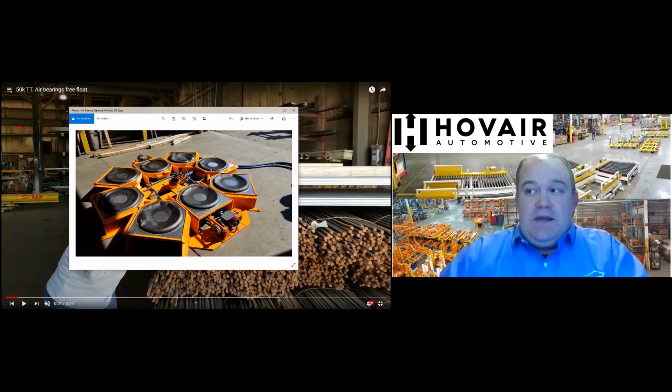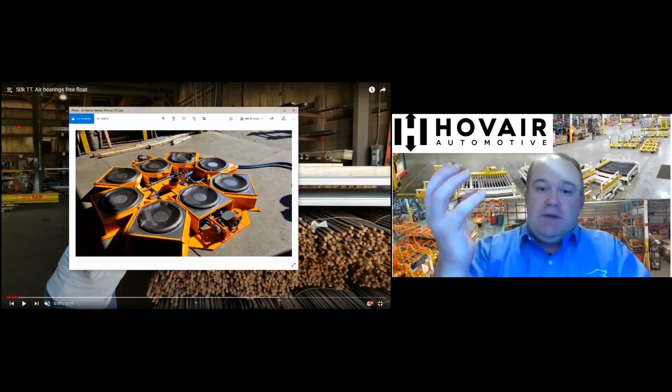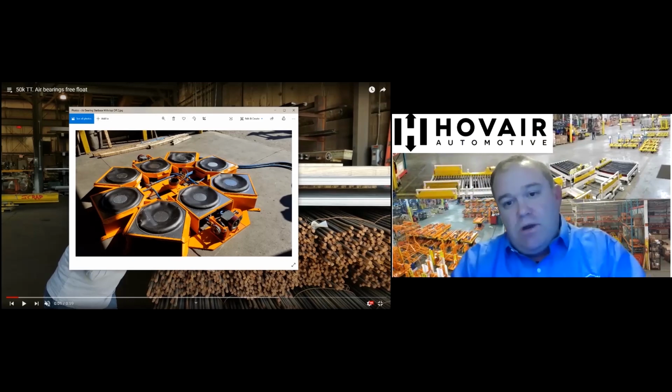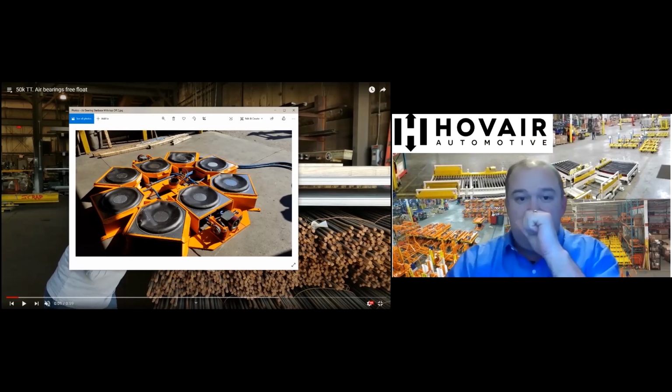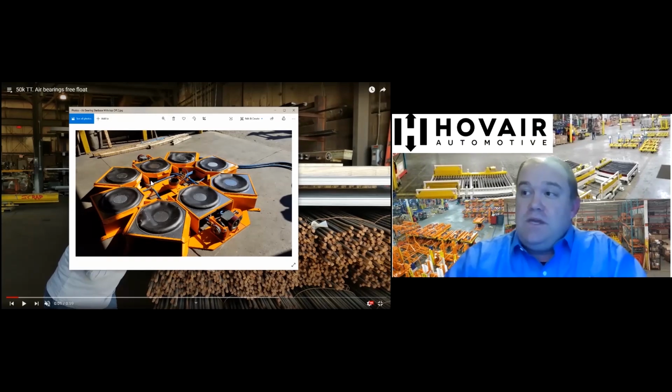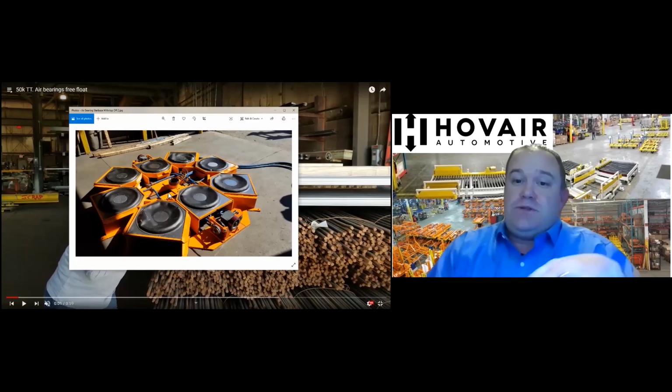This has a little 8-inch airbag that just pushes the wheel up against the bottom of the table, and its friction drives the whole tabletop, clockwise or counterclockwise. So this allows these guys to have a control post to jog the table forward and reverse while they're working off of it. One keynote with our air bearing turntables versus some of our competitors,